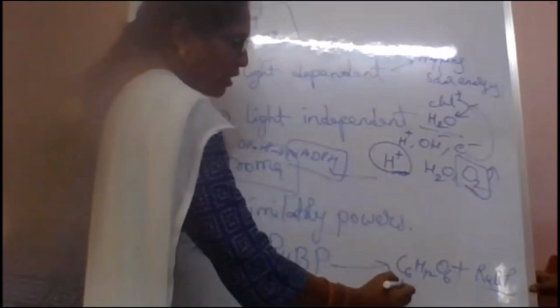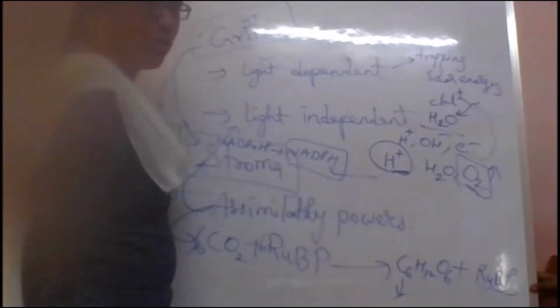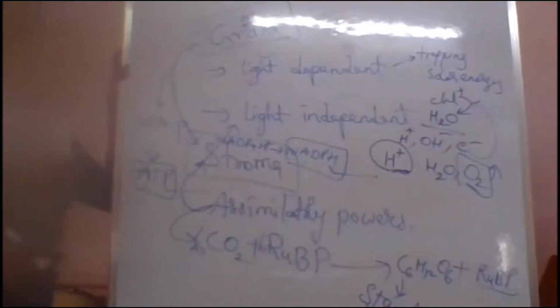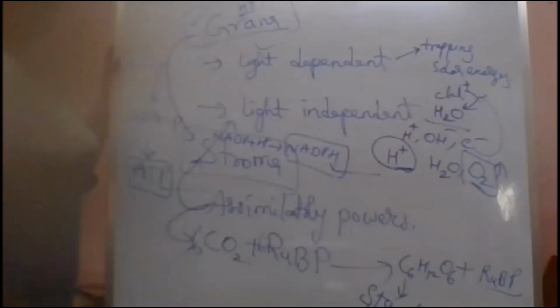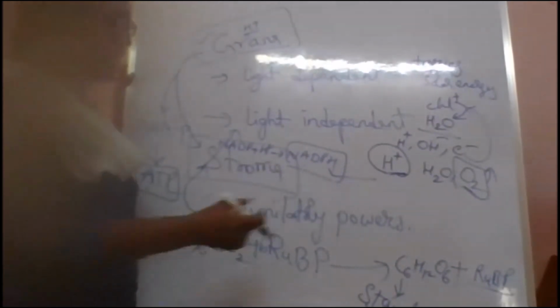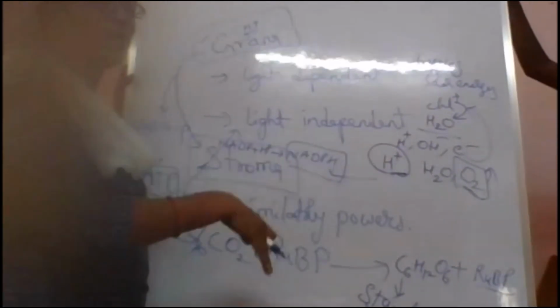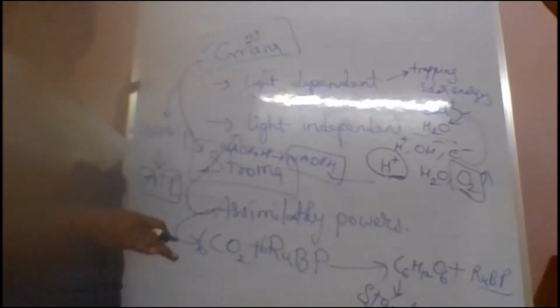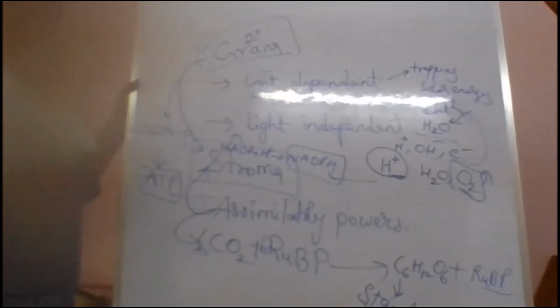Whatever glucose molecules are formed, these are all similar glucose molecules. They bond with each other to form starch, and this starch is stored in the leaves or in different parts of the plants. During night times, this starch converts again into glucose, and in the glucose form, through phloem, it is transported to various parts where that food material is again stored in the form of starch. This is nothing but the photosynthesis mechanism.